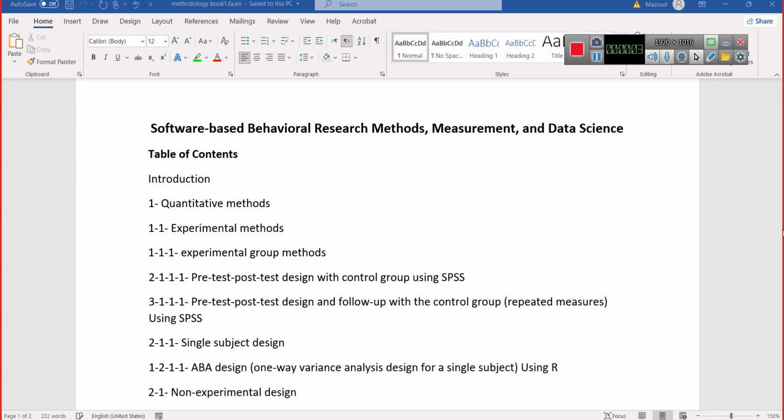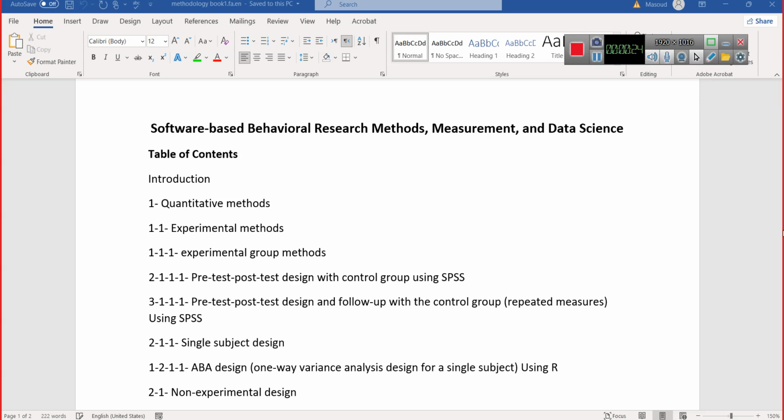Okay, in this session, I'm going to lecture about what I mean by a software-based behavioral research method, measurement, and data science. Why I'm choosing this field of study.